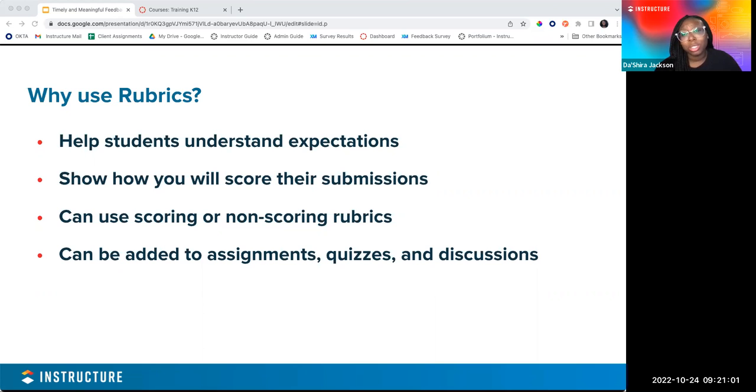So you really only have to do the setup process once, and then you can easily use it in your other courses. Now, we don't have the option to import rubrics, so it will require you to go in and build it. But once you do it once, it's done.